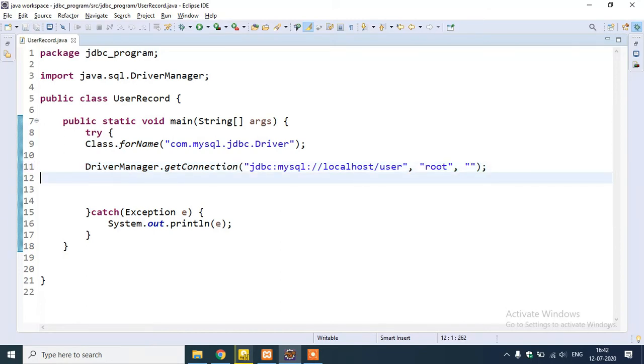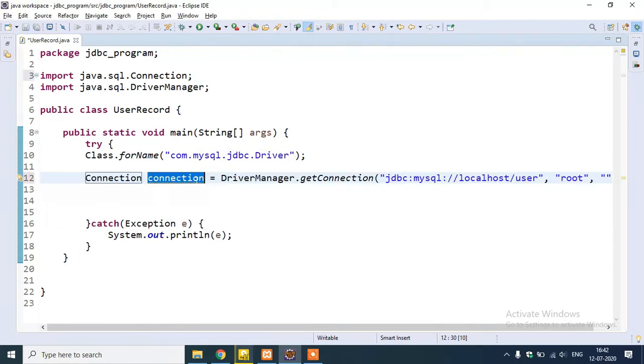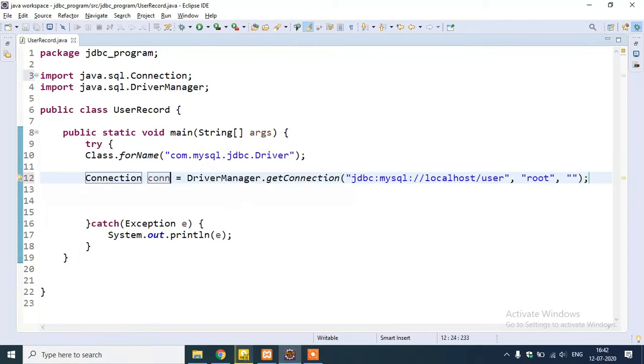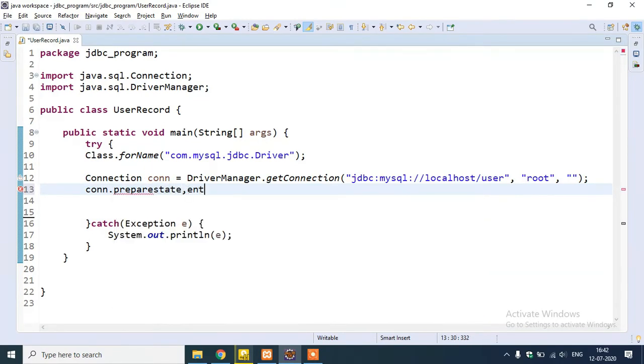To get the return type of this DriverManager.getConnection, place the cursor over here and press Ctrl 1. You see assign a statement to new local variable. Click on it. Writing con and